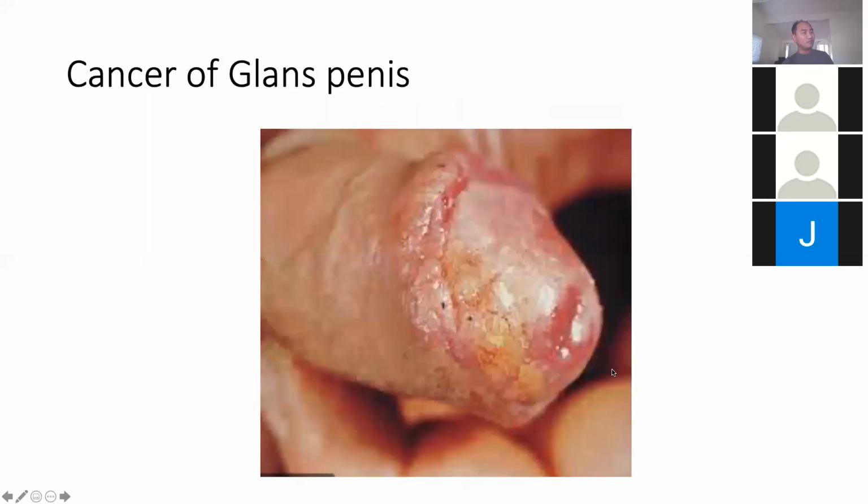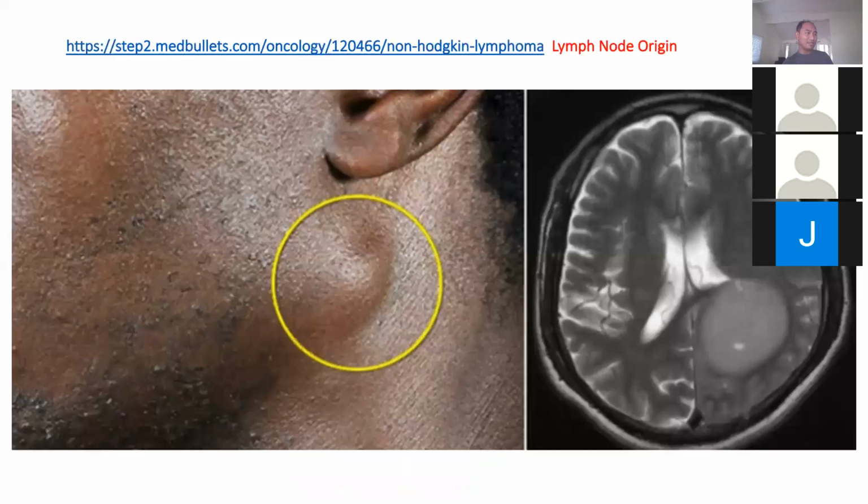And don't forget which area drains what. So the head and neck, the lymph node will come into the neck, the cervical lymph node, superficial cervical lymph node. It's so easy to feel. And for those people who have an upper respiratory tract virus infection or tonsillitis, they might get